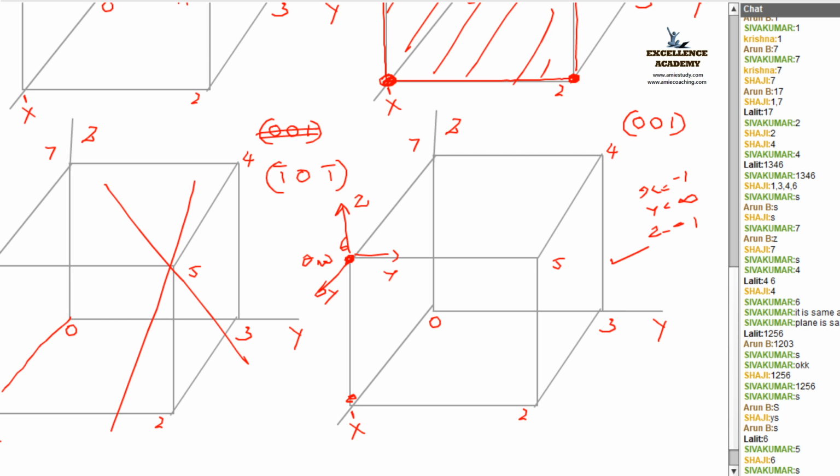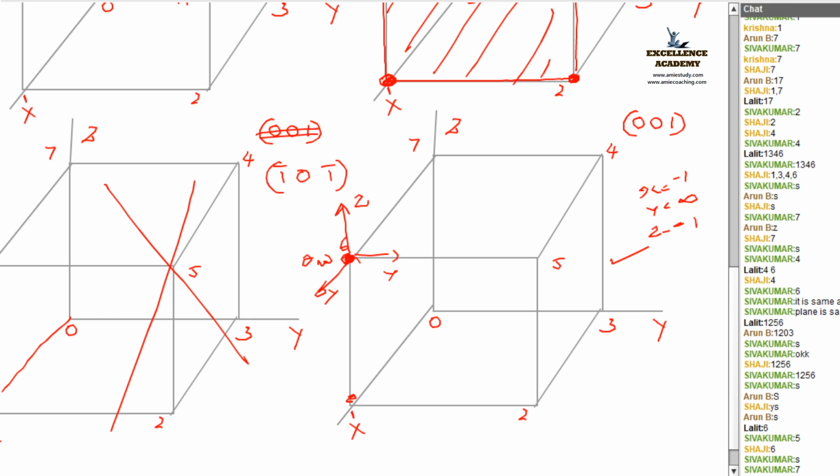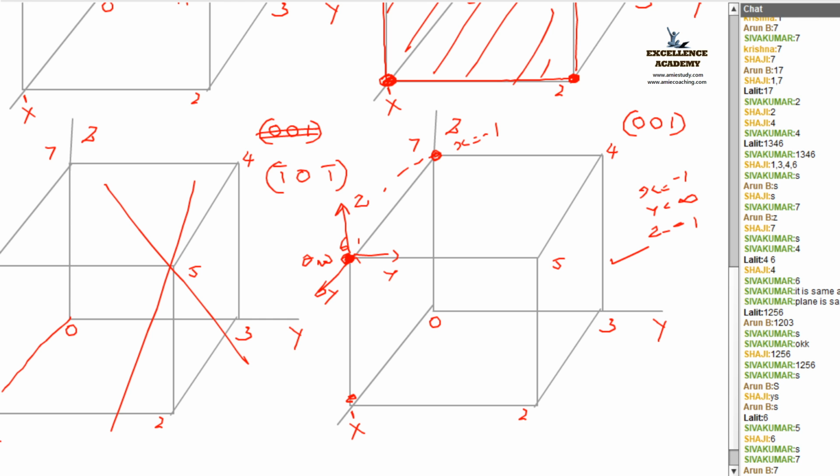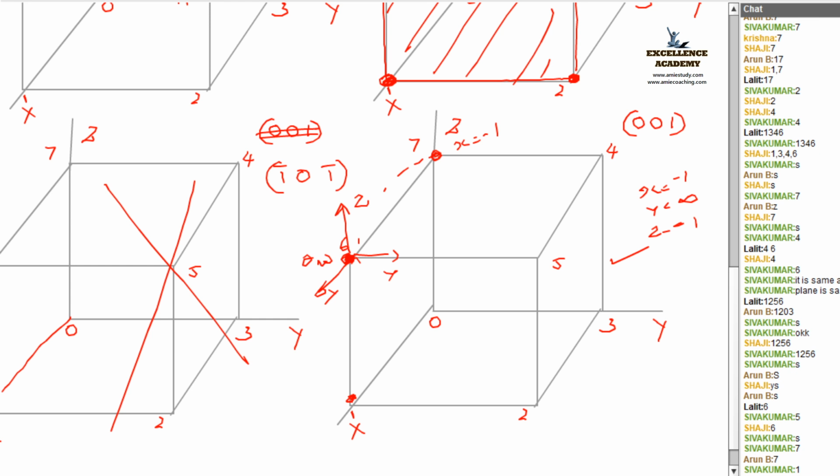Shivama says that it is 7. What about others' opinion? Yes, this is my new origin, right? From this point you have to reach here. This is the point x is equal to minus 1. Then move back to the origin. Yes, I reached here. Y is equal to infinity, leave it. Z is equal to minus 1 means where will you reach? Yes, I have to reach 1. That point is z is equal to minus 1, right? What to do next?